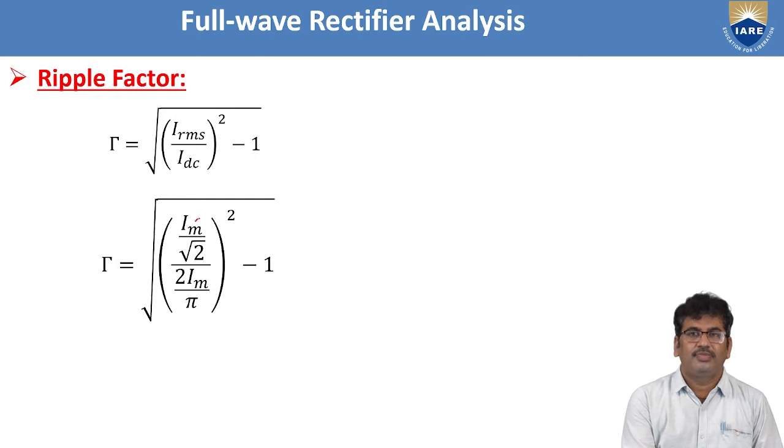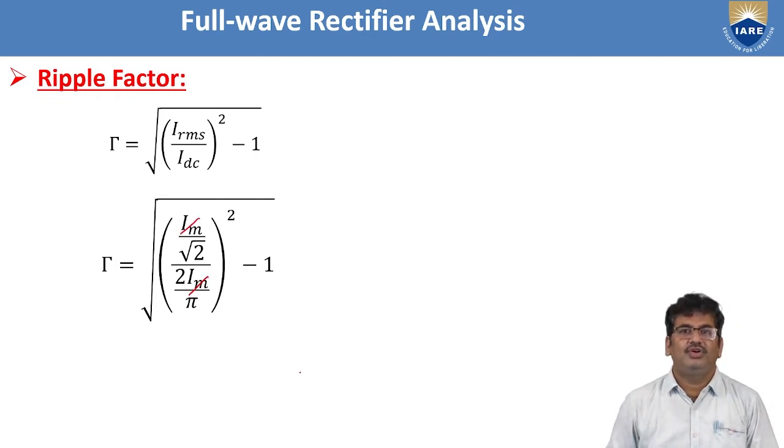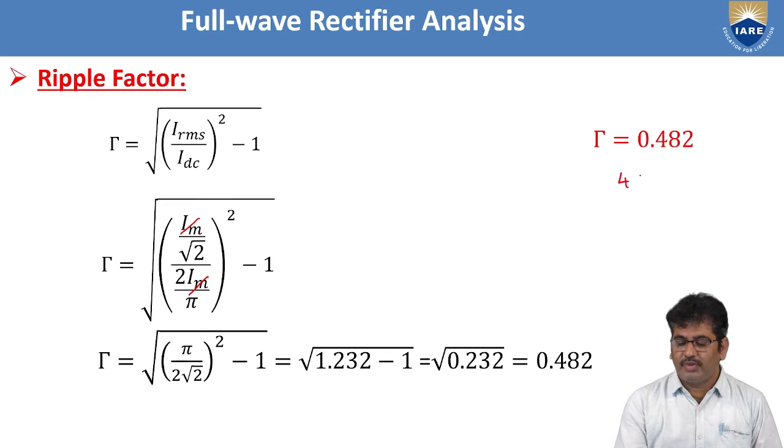Here Im gets cancelled. What is left is pi divided by 2 root 2, whole square, minus 1. Calculating pi by 2 root 2 whole square, you get 1.232, minus 1, which gives the ripple factor as 0.482. So this specifies 48.2%